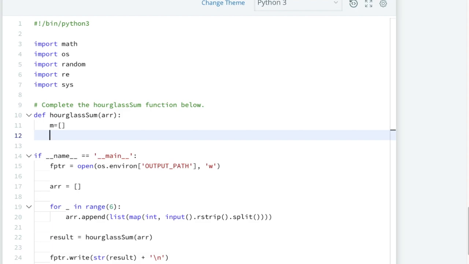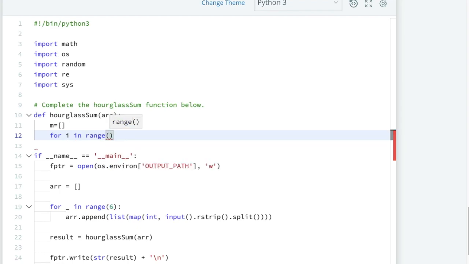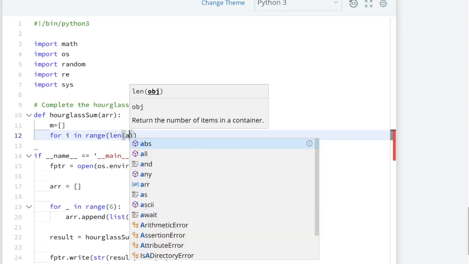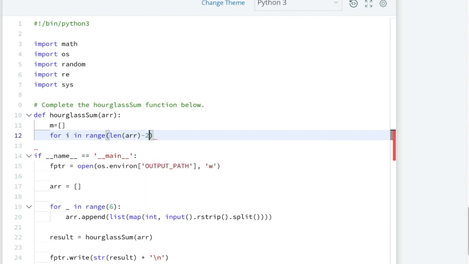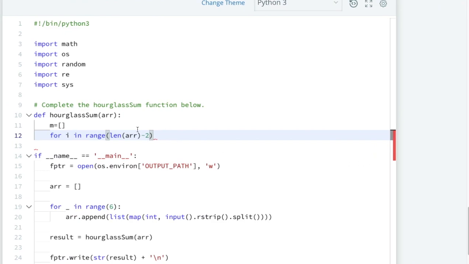Now we'll simply iterate for i in range length of array minus 2. You can see here, if we are staying over here, then we are able to calculate this and this value by simply adding 1 and 2. So we'll simply iterate up to n minus 2.